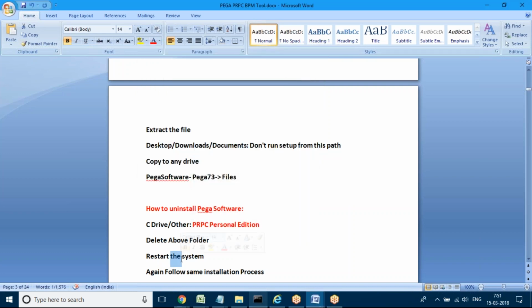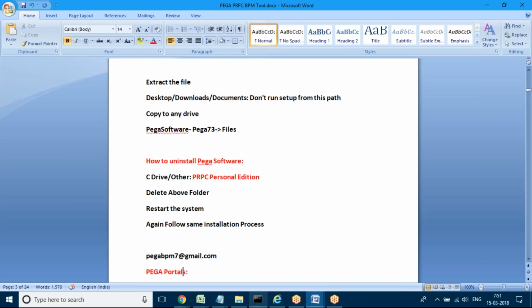Your system you have to restart and again follow the same process which you followed at the time of installation. Generally in most cases you will be able to install successfully, but in the worst case, if you are unable to open the application after installation also, you can follow this process. So don't directly uninstall. First restart the system and once again try to start up the server.